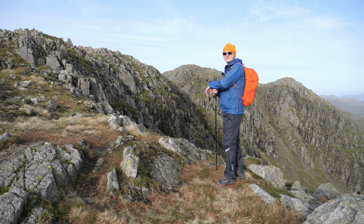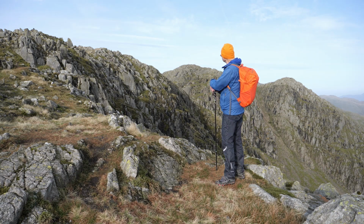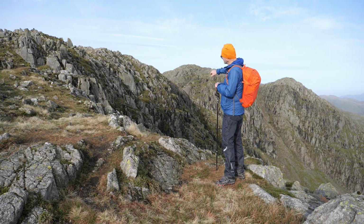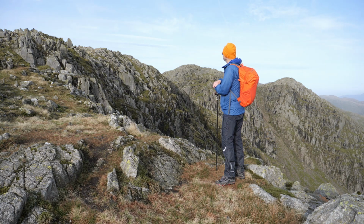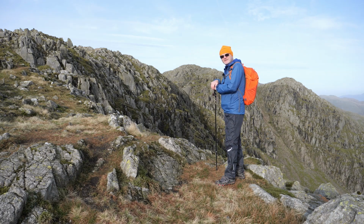We're close to the top of the first crinkle. The top of Crinkle Crags is that one over there. So we've got a drop down and a climb up. I'm not going any further than the highest one. If I'm brutally honest,